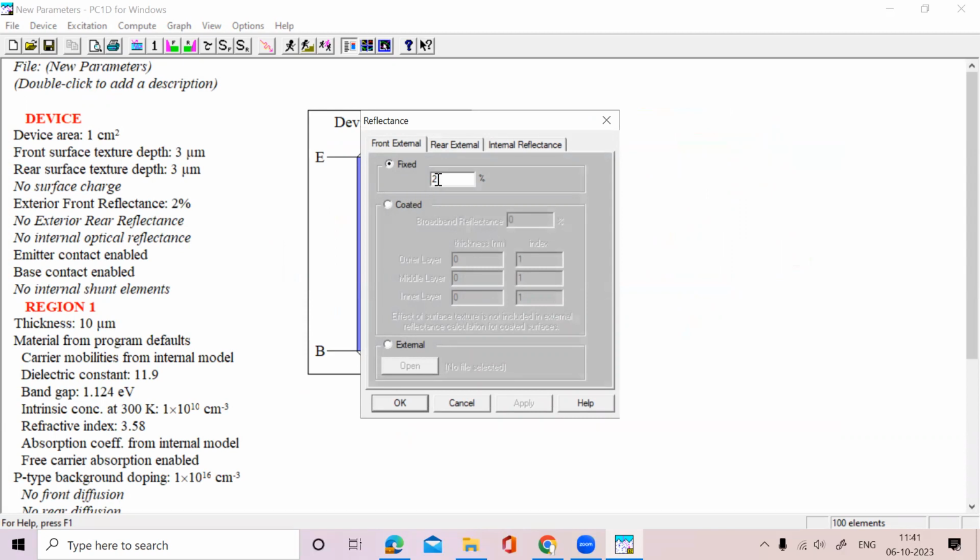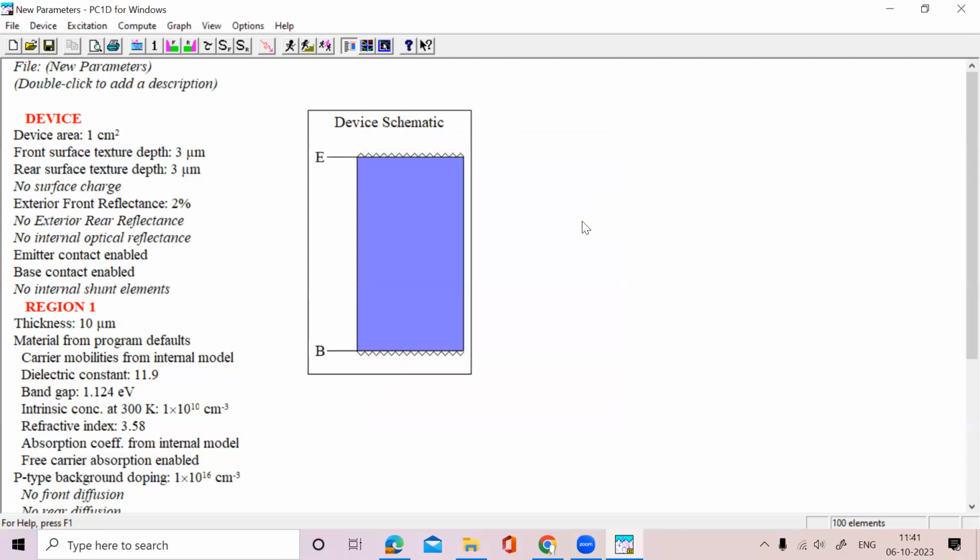I have just fixed my reflectors at 2%. Okay, so this is complete. Now region 1, you come to the thickness. Thickness is a very hot research topic, because 30 years before, not now,